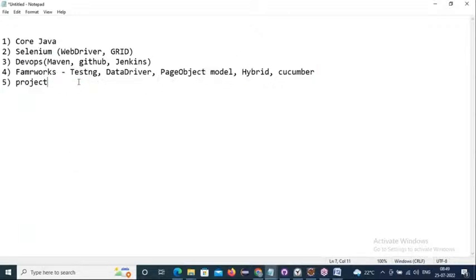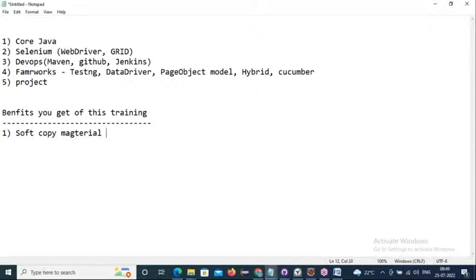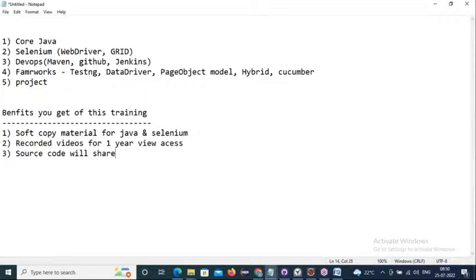And lastly, we do one project. And lastly, let's come to the benefits. Benefits you get from the training: friends, you will be getting soft copy material for Java and Selenium, recorded videos with 1 year view access, and the source code will be shared